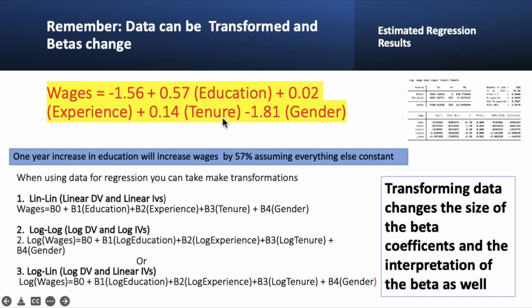Tenure going up by 1 unit, in this case 1 year, would result in wages going up by this amount of units. However, when you take logs, so if you had the second case, the beta would be interpreted in terms of percentages, which means that